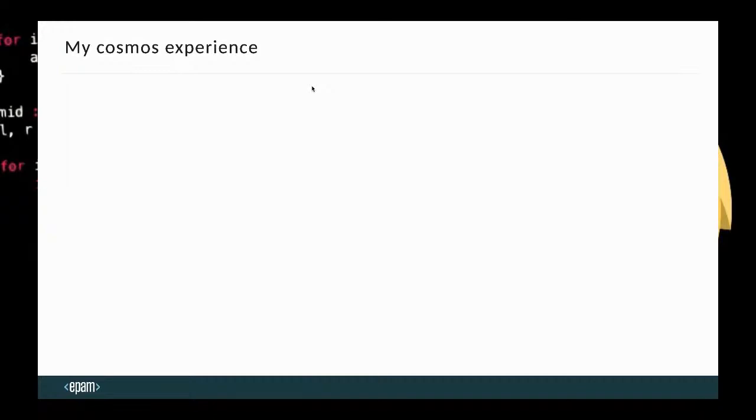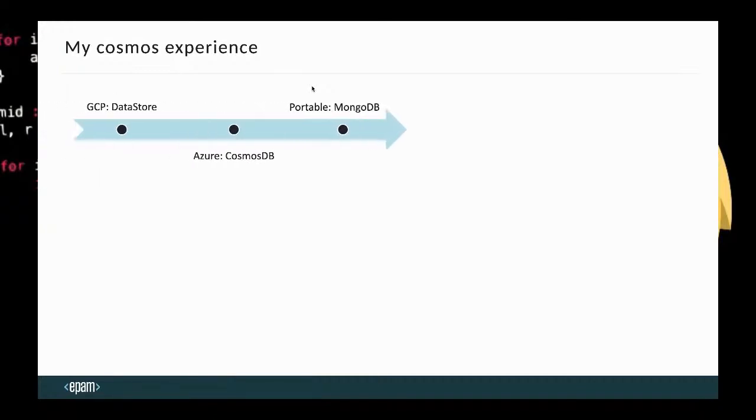Okay, I will tell you a bit about my experience. At some point at work, we decided to support multi-cloud, and our last point is going to be a portable stack. Everything should be open source, and as a database solution, we decided to have MongoDB.